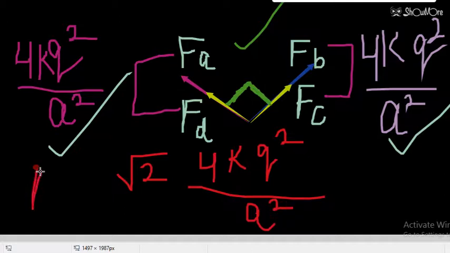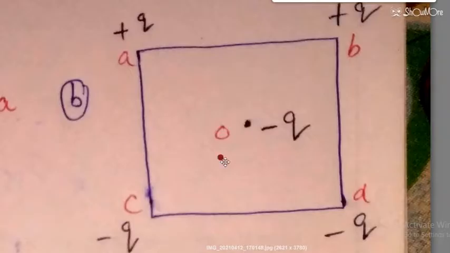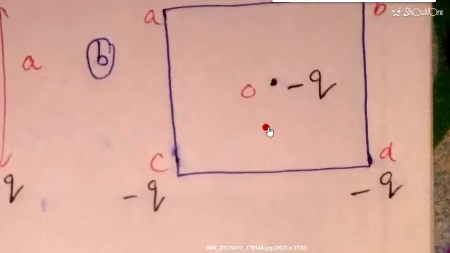So this is the F net. If anyone does not understand this question, then he or she can take help from the book also. I am mentioning the directions also so that you can easily understand. So 2 questions we have done. I will give hints for the rest of the questions, but you have to do them at your own end. Okay. So now I am going to give you the hint for the third question.